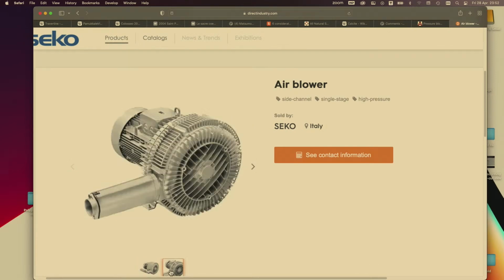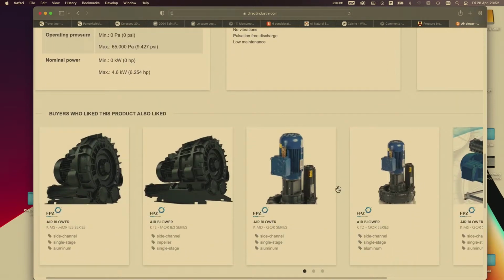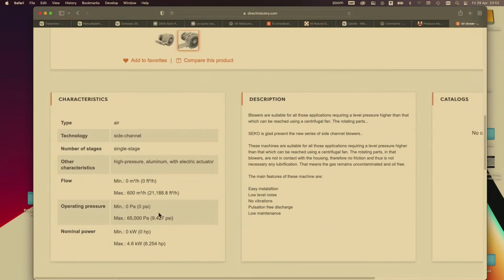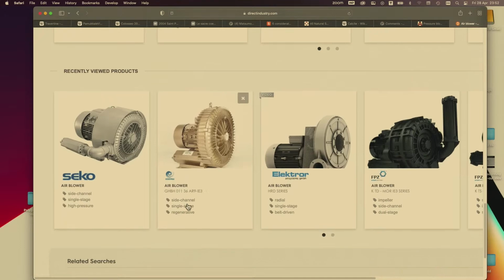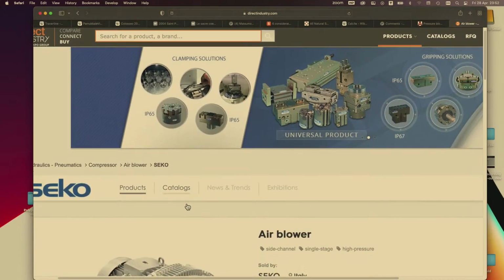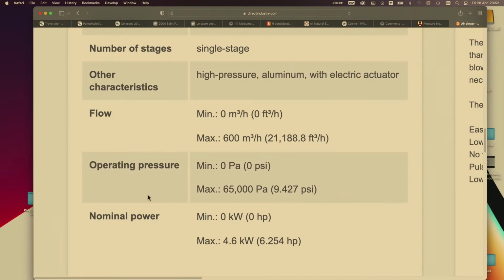So it's got a different armature here, one like that and one like that. Okay, so there's a range of different ones here, but I like this one because it might not need the pressure, it might just need the cubic foot per hour, and these are things that need to be found out. But there's lots of different blowers that you can get. Okay, so having something that gives you a wide range over which you can explore the parameter space and hone in, you know, all the time you are having to adjust, or you've got like a 50-second window to do a test,